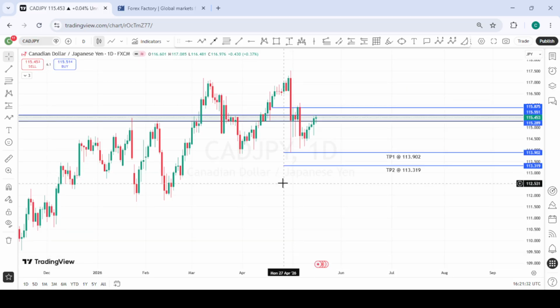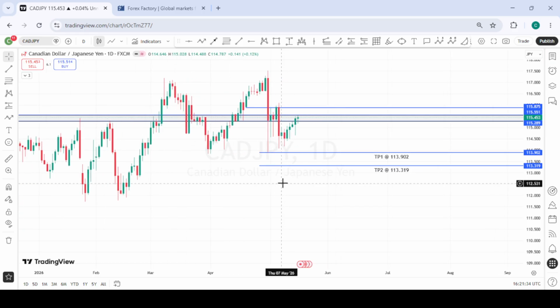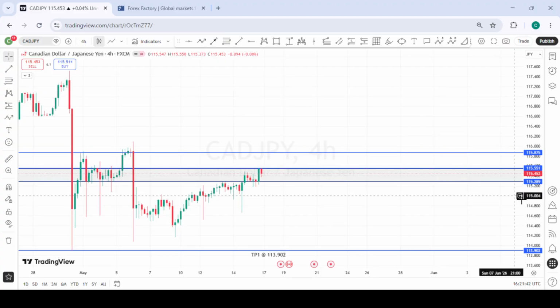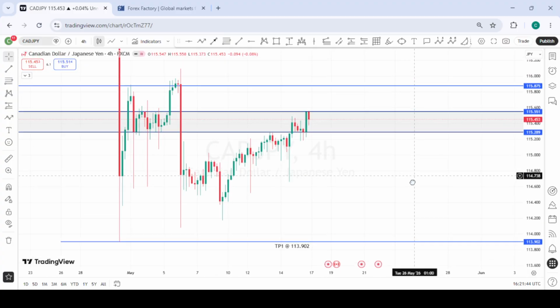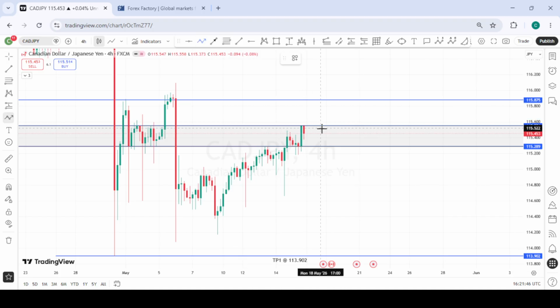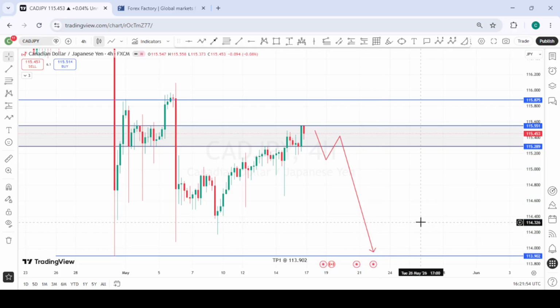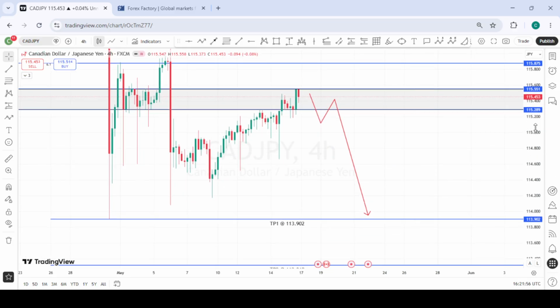This is CADJPY, and for CADJPY we also have price reacting at an area of interest. So going into next week, what we'll be looking out for is, firstly, should we get a 4-hour structure shift right here, a lower high formation or possible right shoulder, we take ourselves from there to the downside,